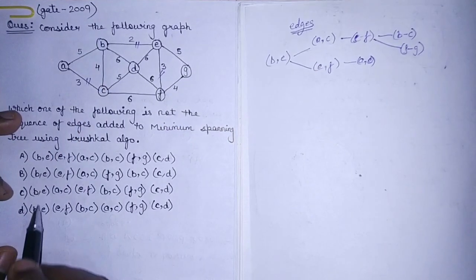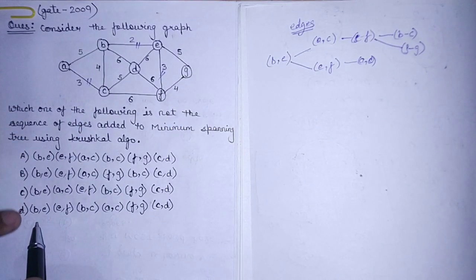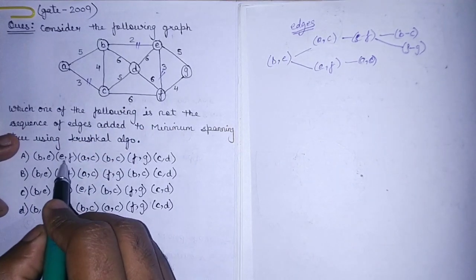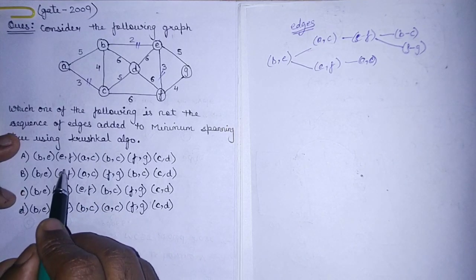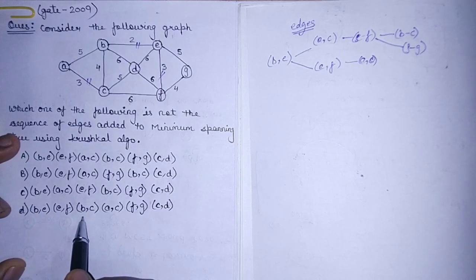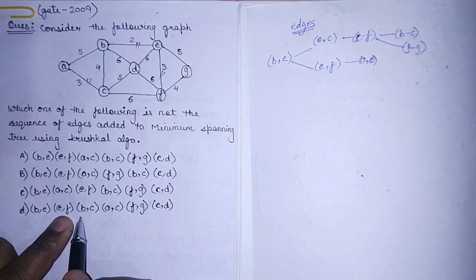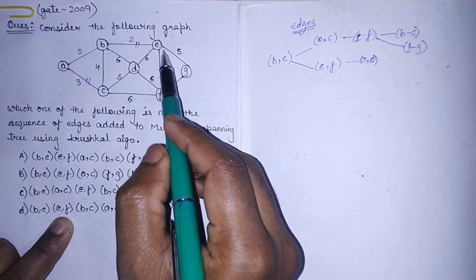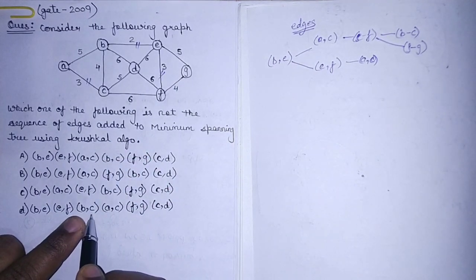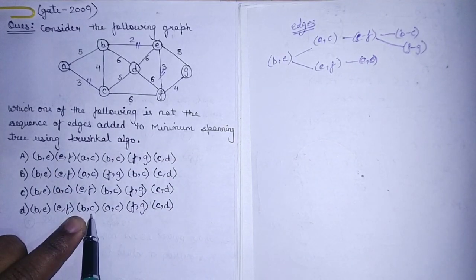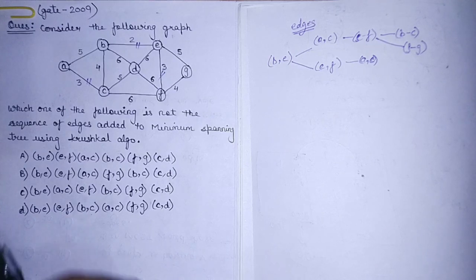Now check the options. The first minimum is BE, which is the same in all the options, so it is okay. The next minimum can be AC or EF. After EF there has to be AC, and if it is AC then there has to be EF. So it is right up to this place. But in the fourth option I take first BE, which is the first minimum, then EF, which is the second minimum, but then he has taken BC. BC is 4, but this 3 is left out in this sequence. That means this sequence is not possible, so this is the right answer for this question.